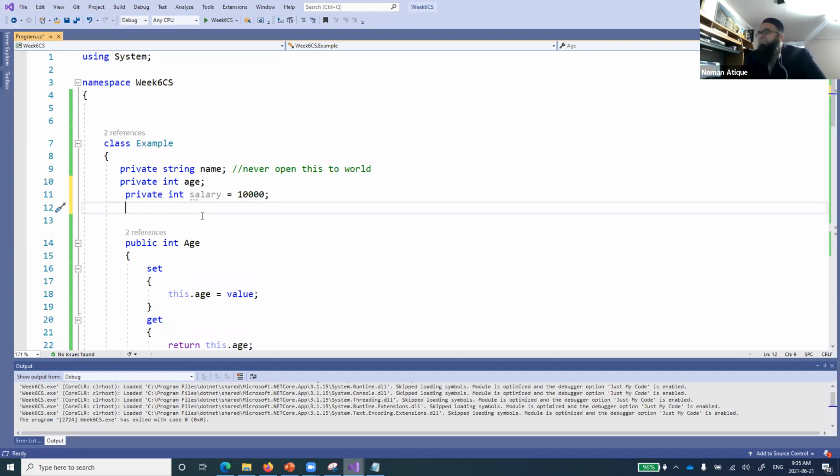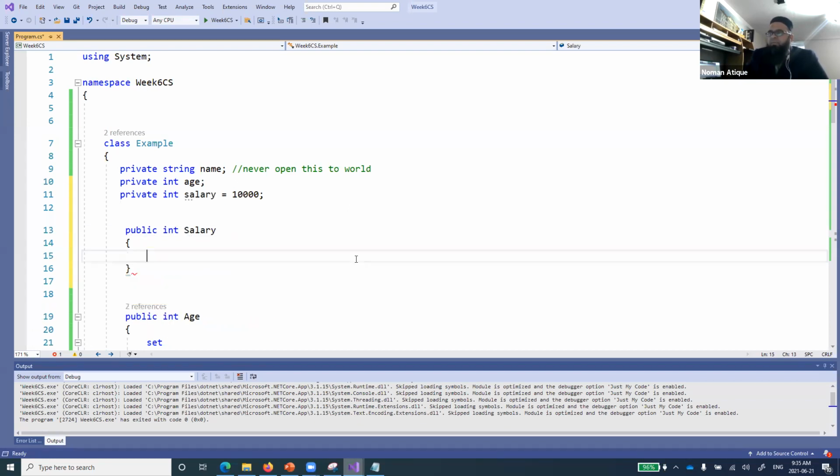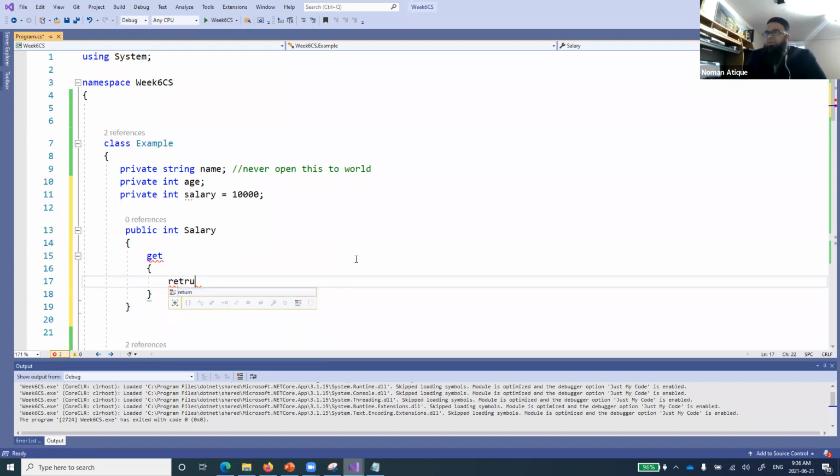So I've defined a private variable and I don't want anyone to set this salary. So I will define its property like this: public int salary. Now, I don't want to set it from the outside world. So what I'll do is just set up its getter. You understand? So I'll do return this.salary. Now, no setter is used.